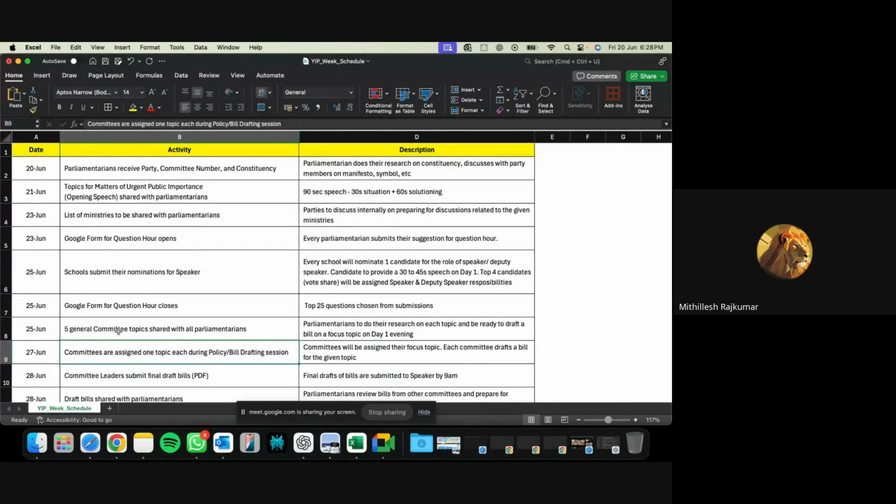Yes, sir. And if there are two or three people who want to talk or question, will the speaker choose who is going to talk? The speaker and deputy speakers will choose. So it'll be the parliamentarians raising their hands to speak. The speaker will pick who can speak, and then the parliamentarians will address the speaker with the issue that they want to bring up. Yes, sir.